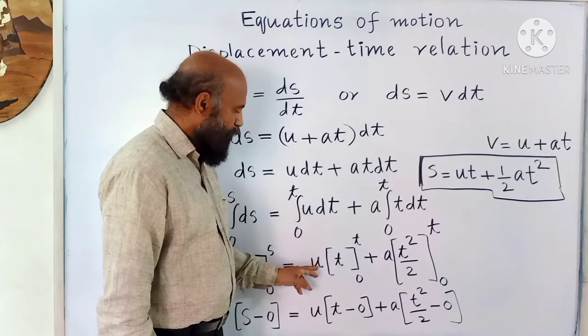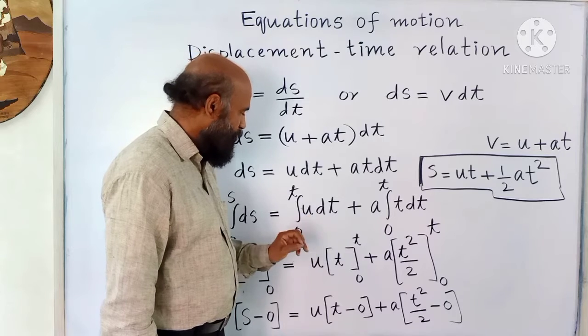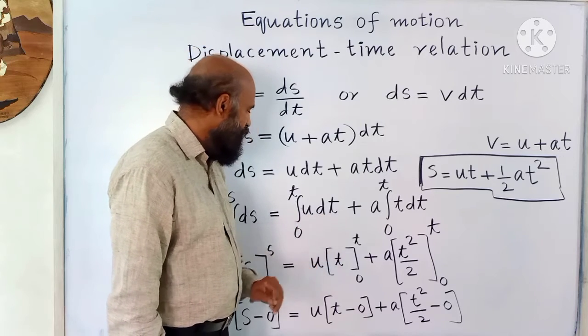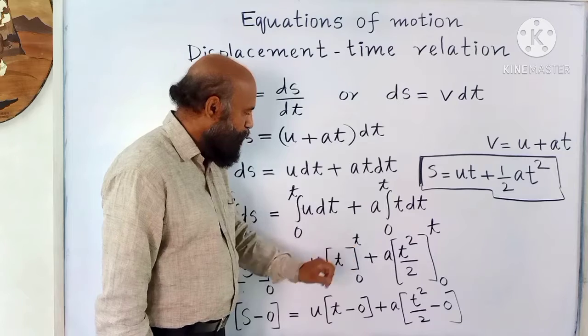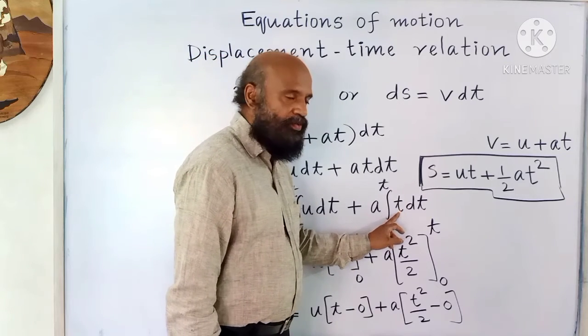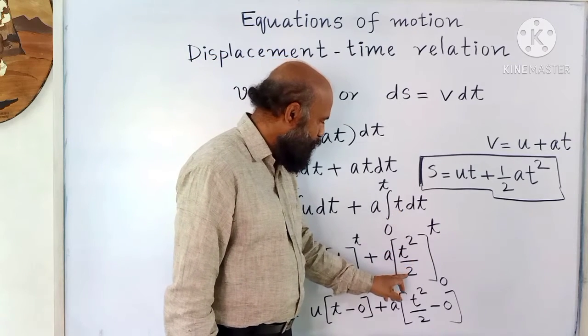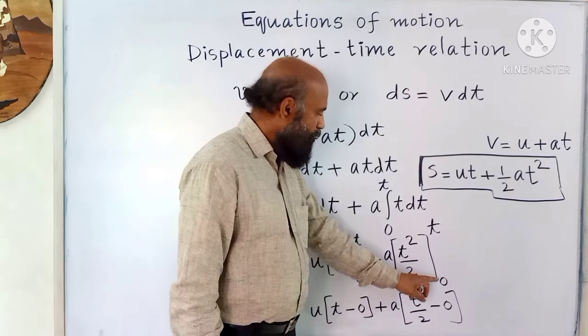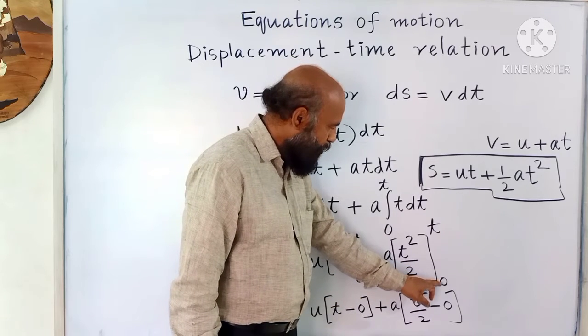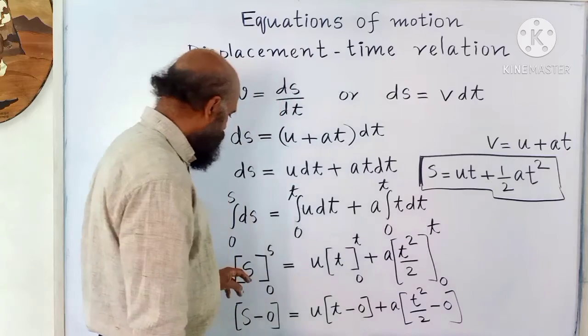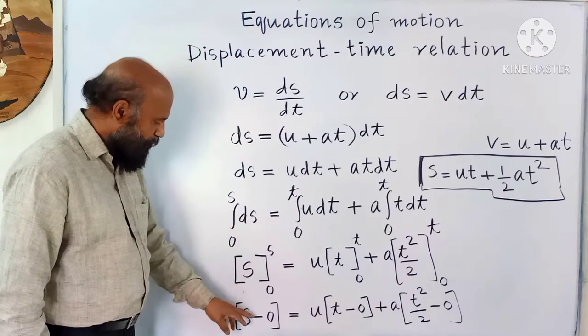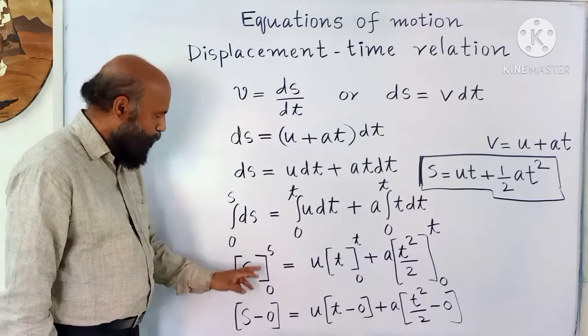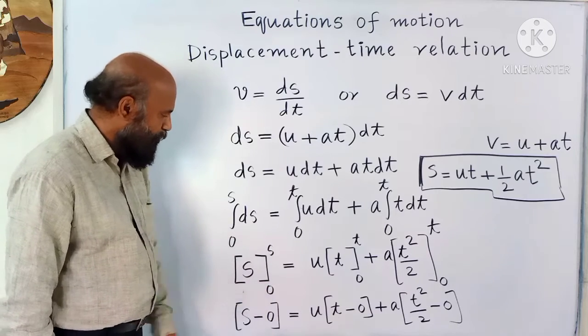u is outside. u is the initial velocity. Integral of dt is t. Initially time is 0, finally time is t. Integral of t is t square by 2. Then limits, lower limit 0, upper limit t. Apply the limit: s minus 0, upper limit minus lower limit. So s minus 0 for the first term, u